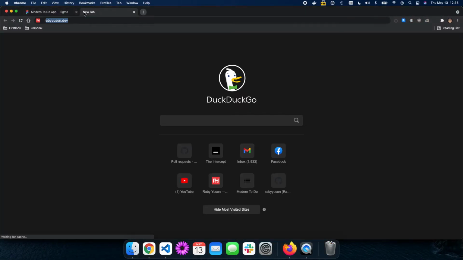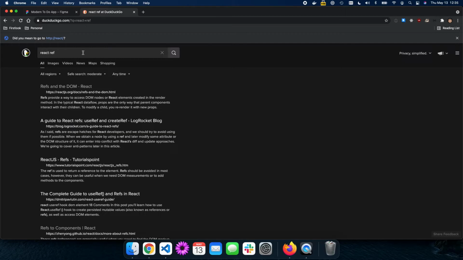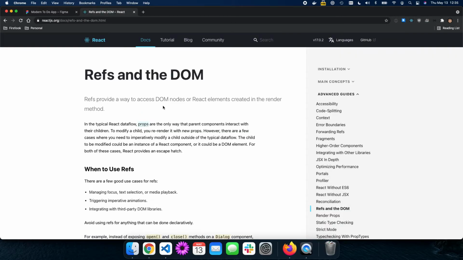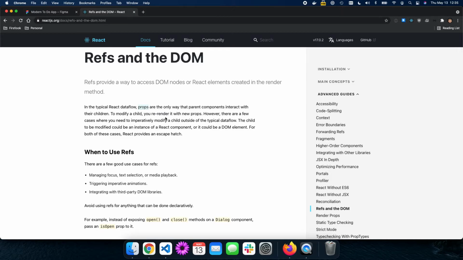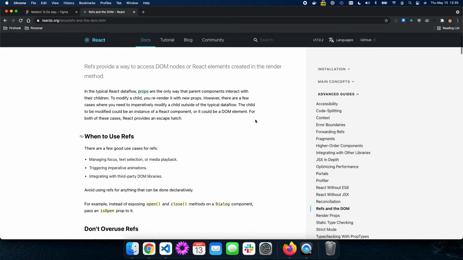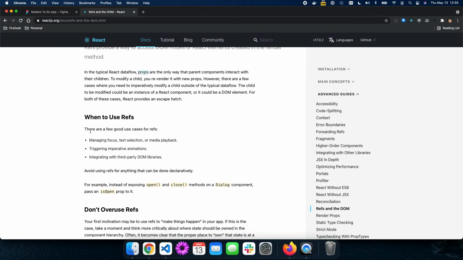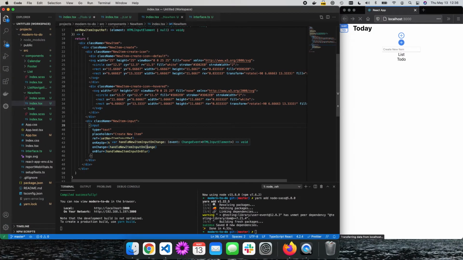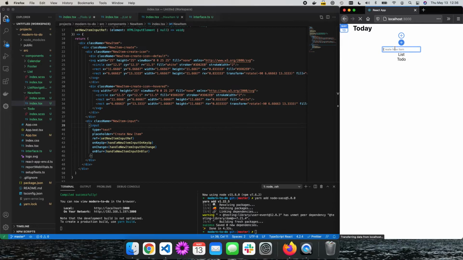If we go to the React ref documentation, right here it says some information about when to use refs, when there are cases like managing focus, text selection. In our case, we're going to do that because we're going to set the value of that input field to blank after we add